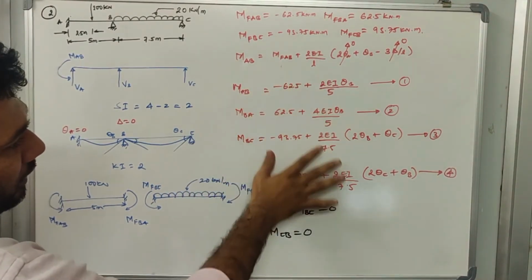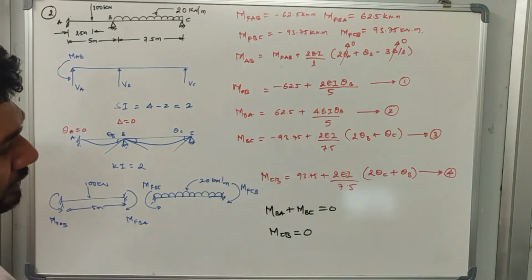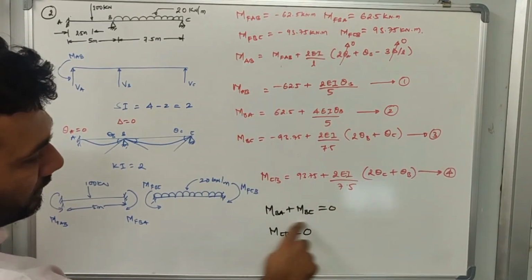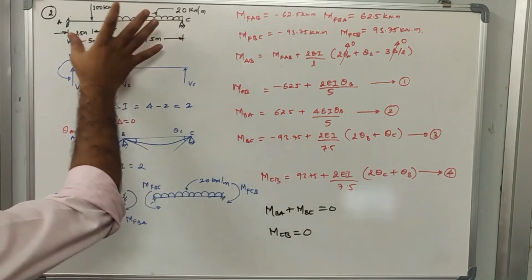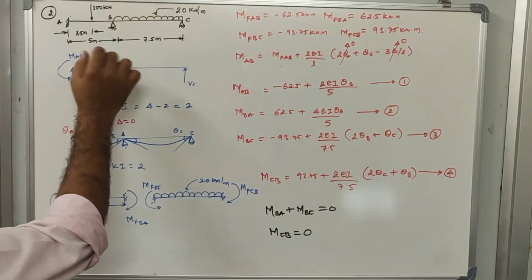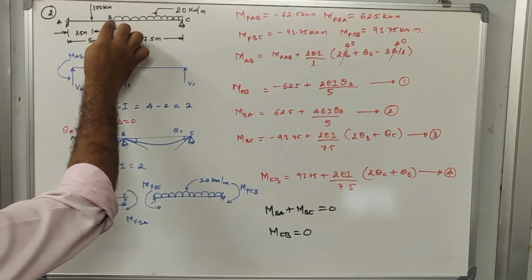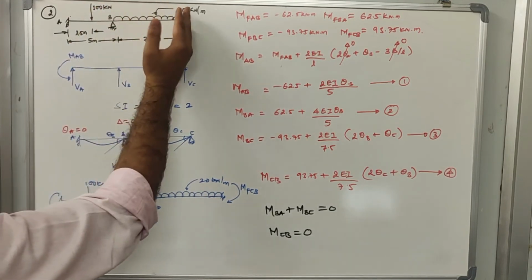So after writing all the slope deflection equations, all 4 equations, what you do is that we will take the equilibrium equations. Okay. So there are 2 equilibrium equations I have written. So we will go back to the structure and we will try to identify them. Okay. So what we do here is, this is the B joint which is a pin joint, and this is the joint C which is also a pin joint.